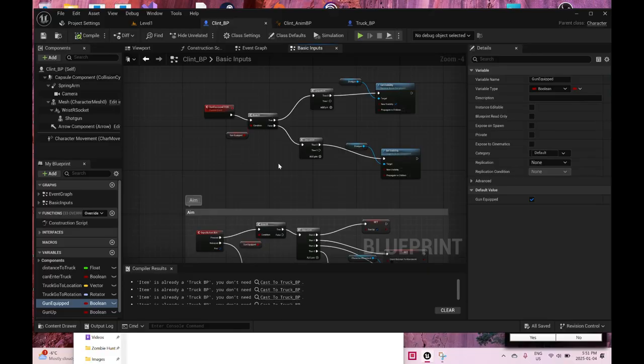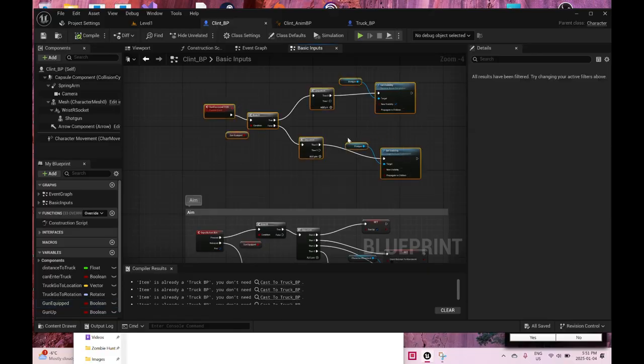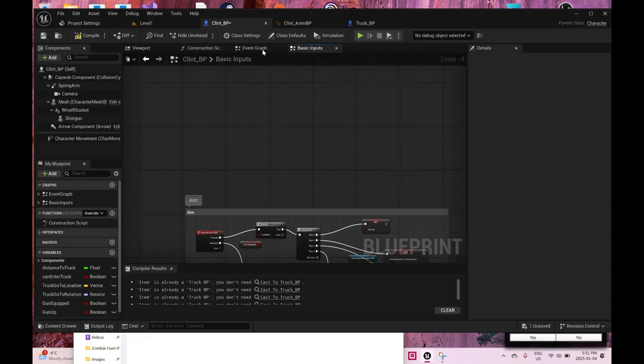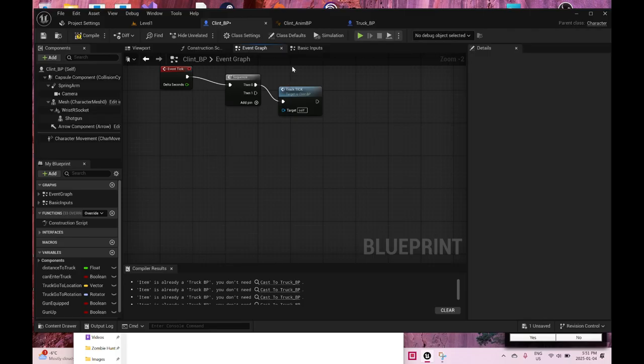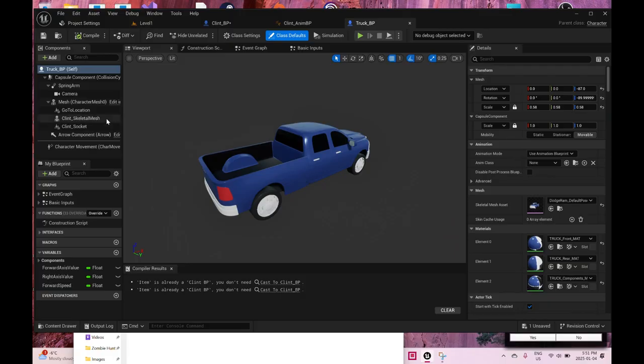So right now I basically want to get rid of this. This was just for demonstration purposes, so I'm going to get rid of that. And I'm also going to get rid of this. So instead, I'm going to compile that for now. I want to go into the truck blueprint, and kind of like how I have the